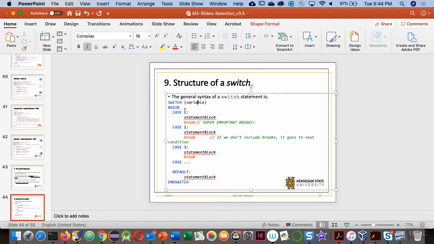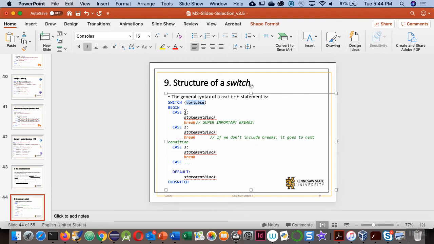What are the case values? My case values are 1, 2, 3. These are integer numbers, or integer or byte or short. So in general we will think that this variable is an integer type variable, and based on its value